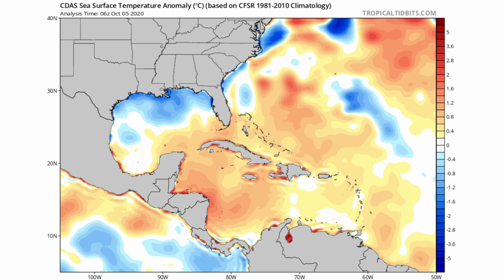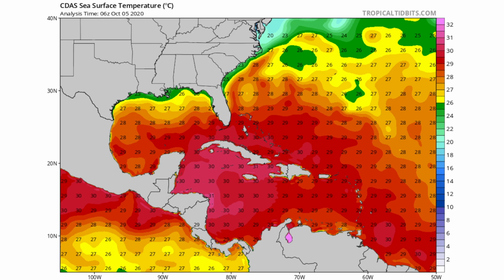Usually, if you have warmer water, let's say a few hundred feet down or a few hundred yards down in the ocean, that storm can still rise that back up to the surface and use that for fuel. You don't have that over parts of the Gulf of Mexico. Lower down in the ocean, it is quite cold for these storms, so it won't be able to upwell any warmer water. It will still be able to handle a storm until it hits right around the immediate Gulf Coast,